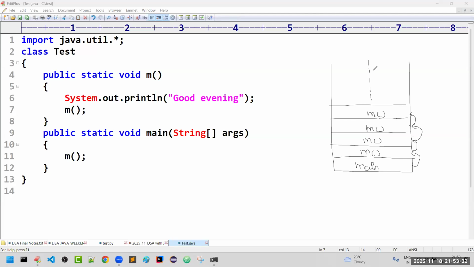Java virtual machine is having a limited stack size. These many frames, like maybe 100 frames or maybe 1000 frames, like that, we have a restriction. Those many frames only a stack is going to be stored. Suppose if it is unable to store, what will happen? This stack is going to overflow, right? With the entries, it is going to overflow.